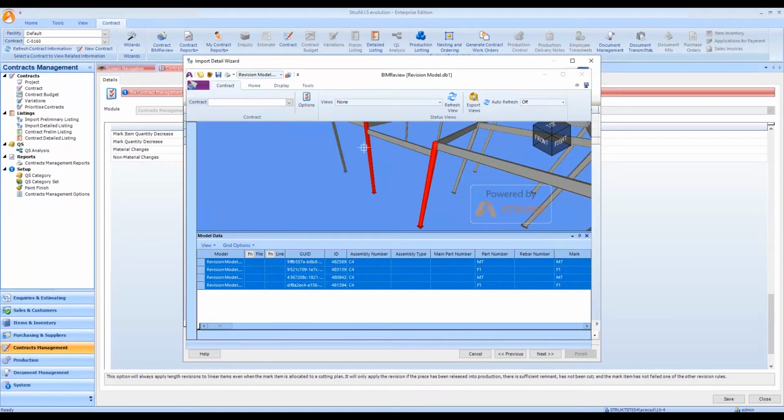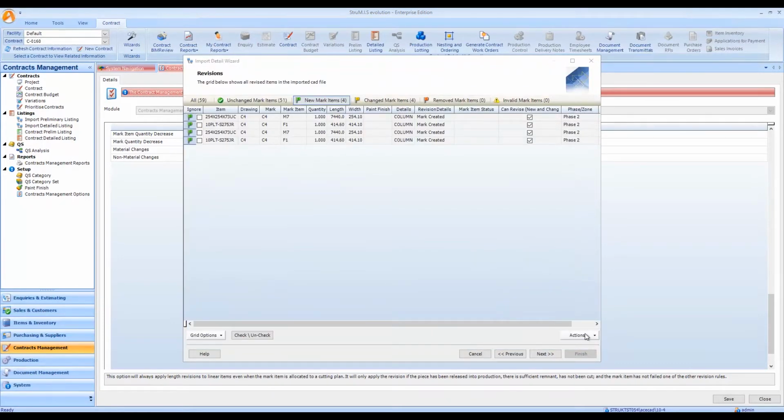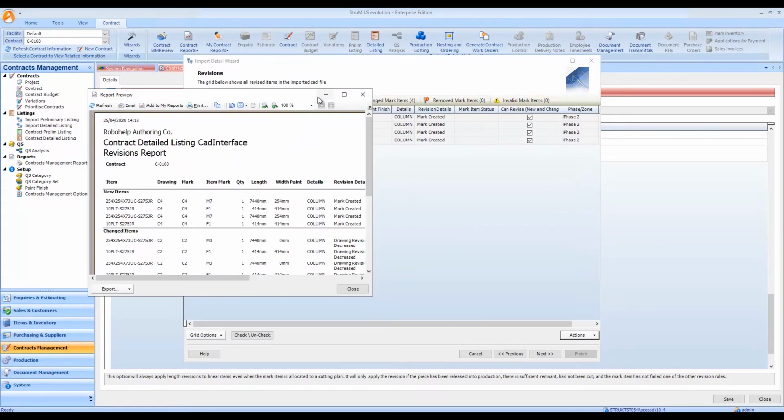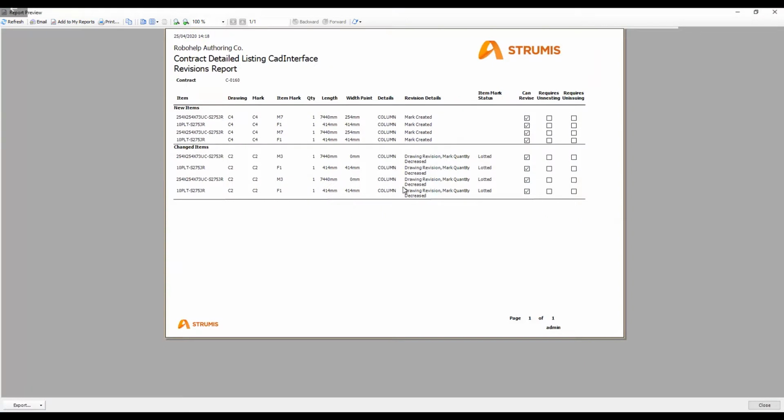And we can see there our new C4s that have been brought through, highlighted again in the grid view at the bottom. So that highlights the change in the model. We also have the option at this point to run our revisions report. So if I was to run that report at this time, it would give me a report that indicates all the changes that are due to occur on this contract, at which point I could take this and email it